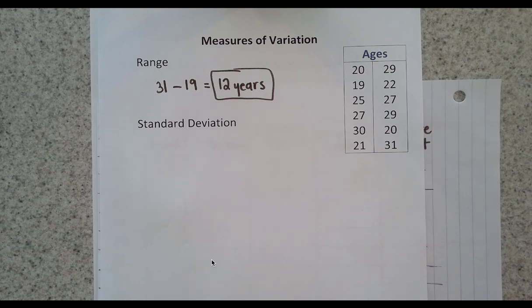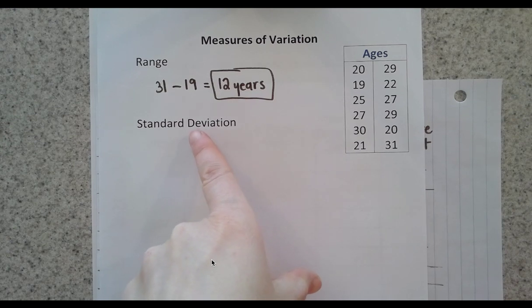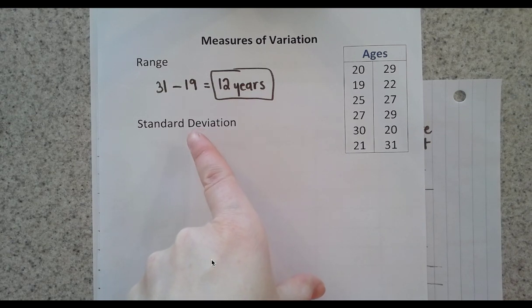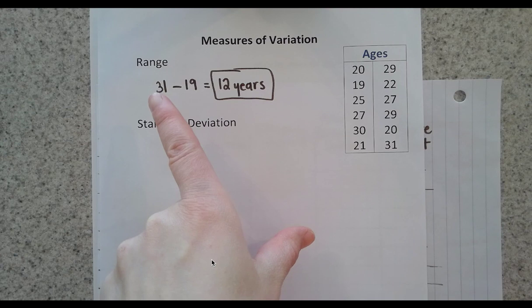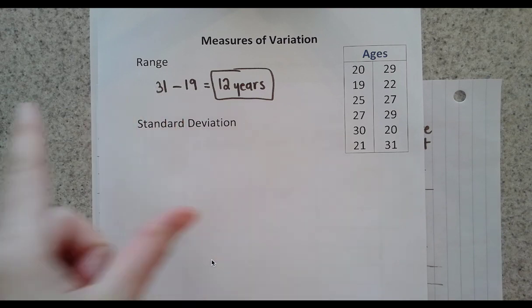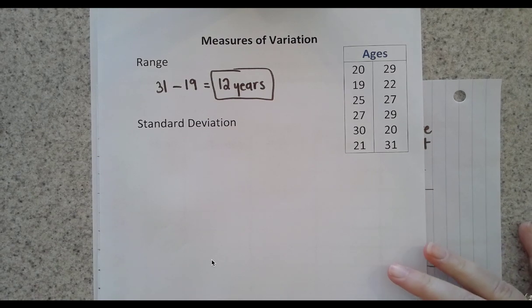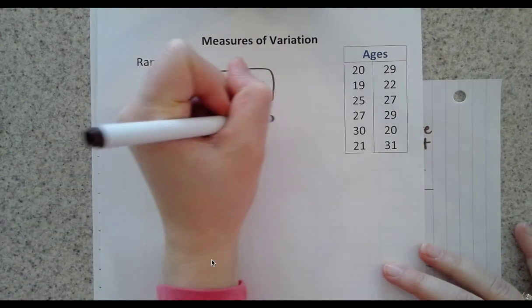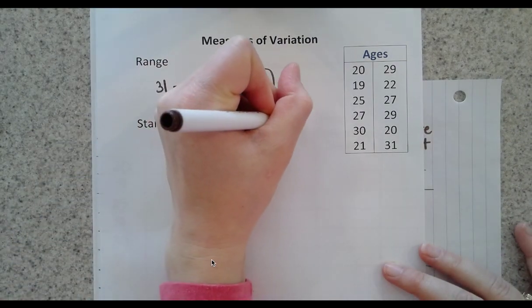The one disadvantage of using range to describe the spread of data is that it's only using two data values out of the entire table. Standard deviation is another way we can measure variation, and standard deviation is far more detail-oriented than range. Standard deviation is a measure